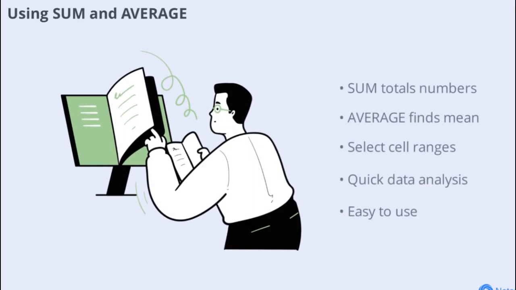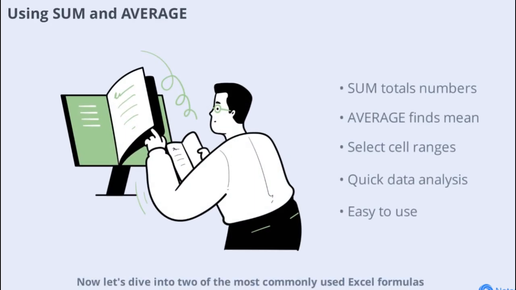Now let's dive into two of the most commonly used Excel formulas, sum and average. The sum formula helps you quickly add up a range of numbers such as =SUM(A1:A5). This is perfect for totaling expenses, grades, or sales figures. The average formula, =AVERAGE(A1:A5), calculates the mean value of a range, which is useful for finding average